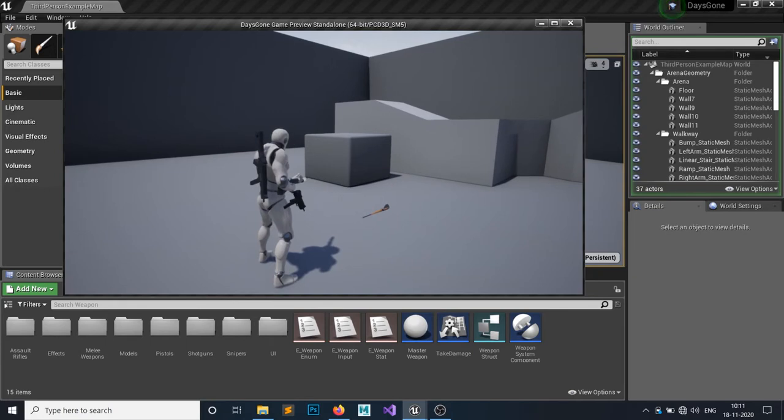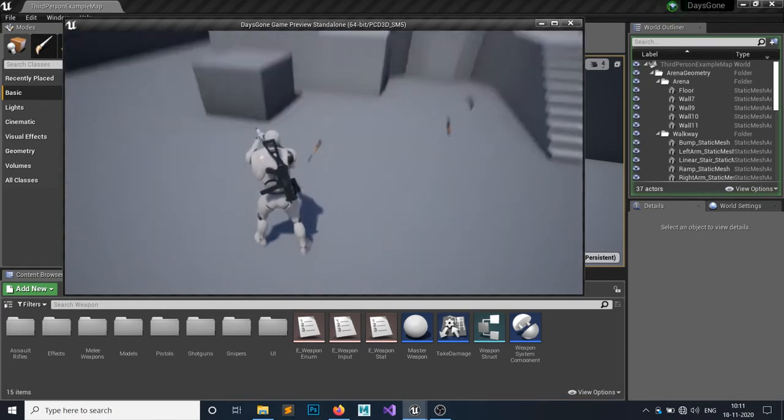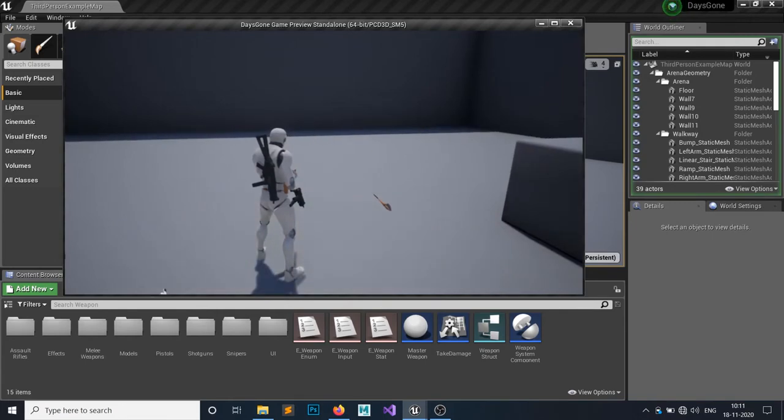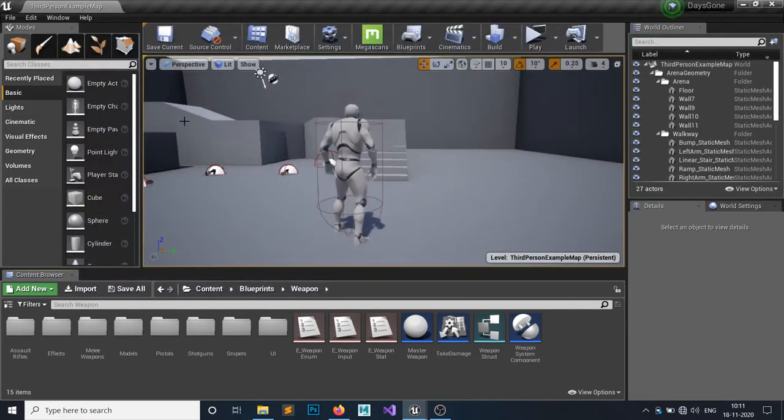So when I click or when I shoot, every time I press the button I can shoot only one bullet, as you can see inside here also. So we will do the automatic shooting. Whenever you press the button, it will automatically shoot for the assault rifles, it will shoot with some delay for the shotguns and the snipers, and pistols are good. So let's do this for this assault rifle.